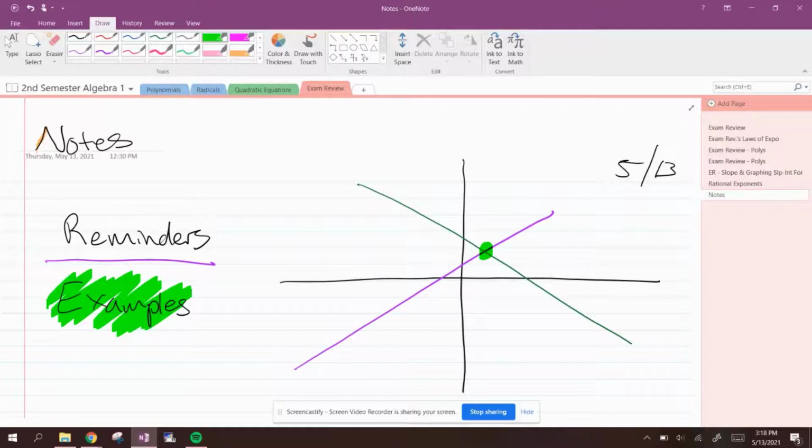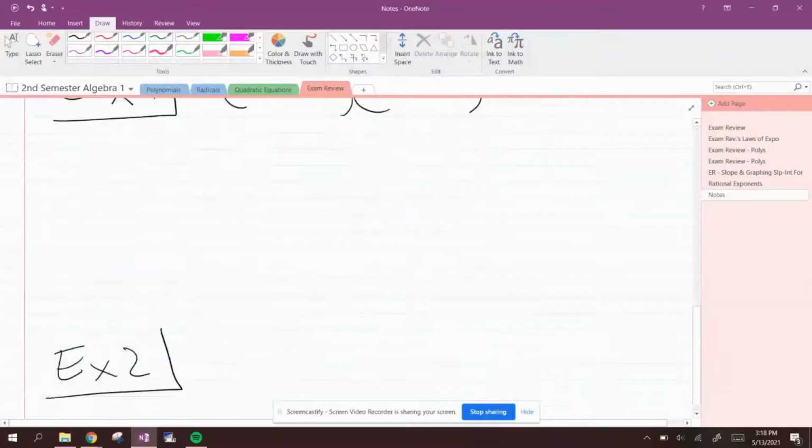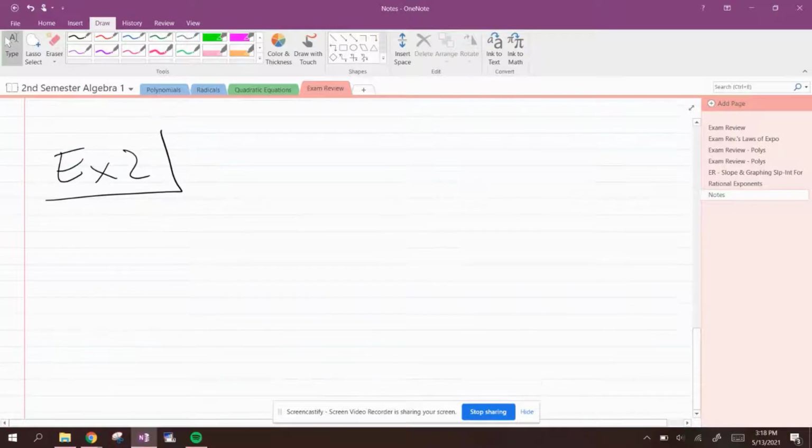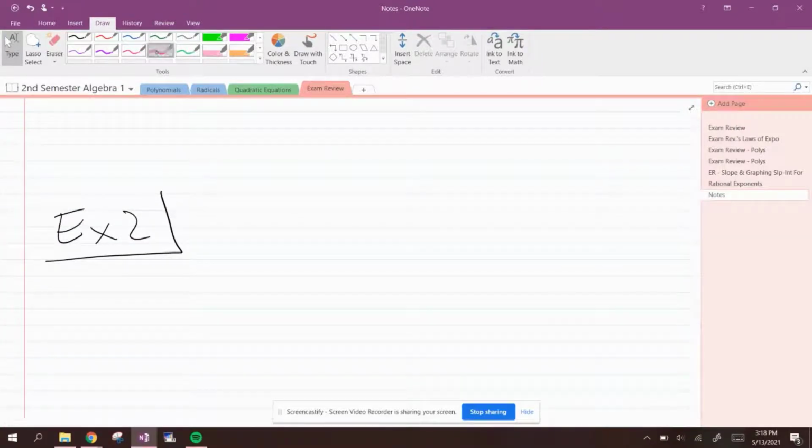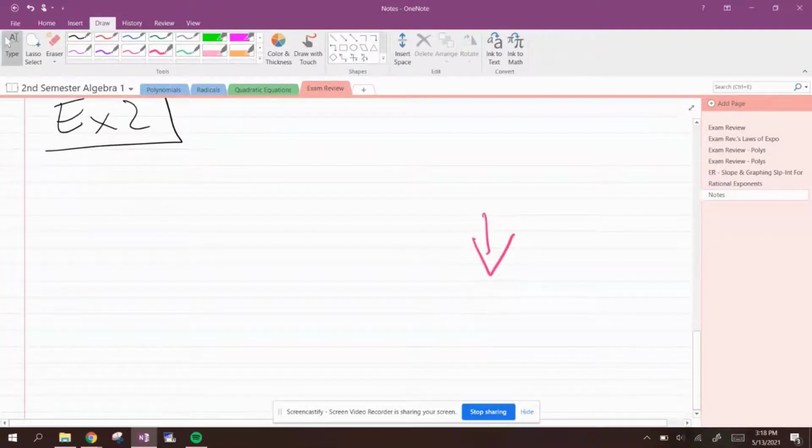And so then once I've gone through the notes, and my endless scrolling, you can see, I can point to it with my color, down here is the stop button. So once the video is completed, or once my lesson is completed, I simply hit that stop button, which I'm not going to do right now because I'm not quite done with this portion of what I want to talk about. Because I also wanted to let you know a couple of other things that I like about this OneNote